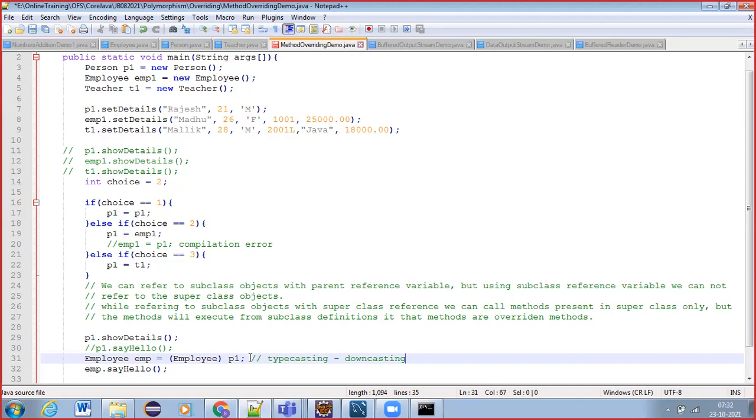Whenever we are casting a superclass reference variable into a subclass reference variable, we call it downcasting.